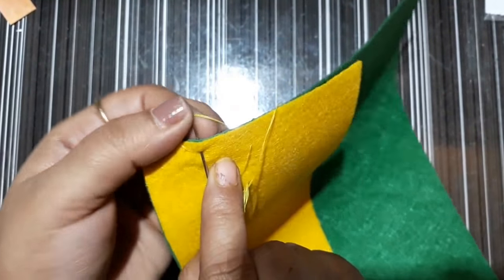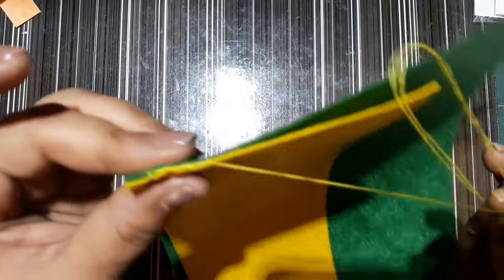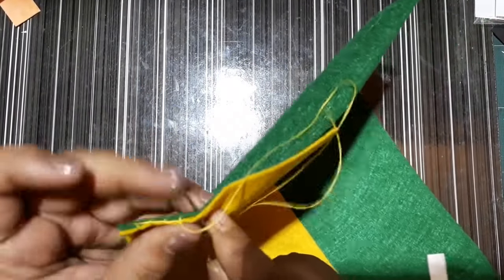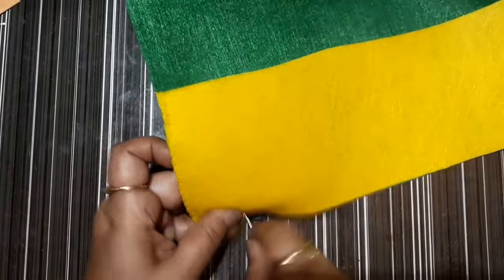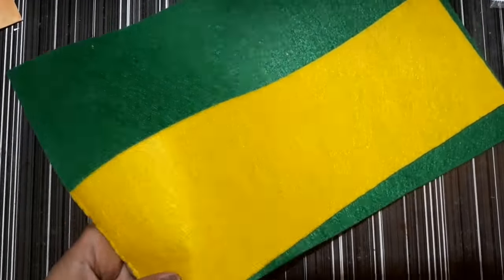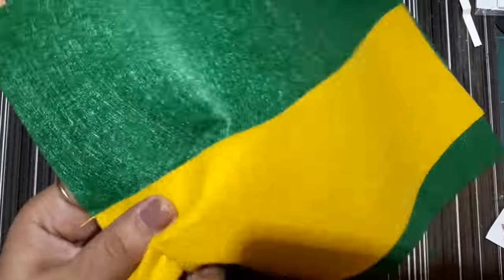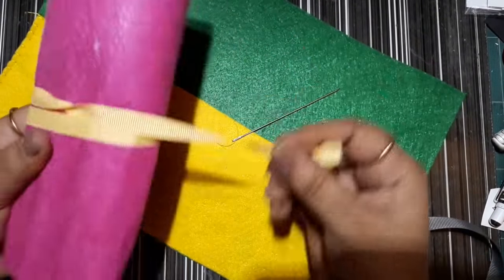So you just go about it. In the center, I'm using a running stitch here. On the edges, I used a blanket stitch. Just up and down, simple. This is another way of folding it,